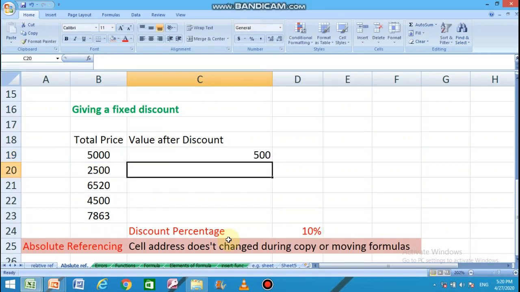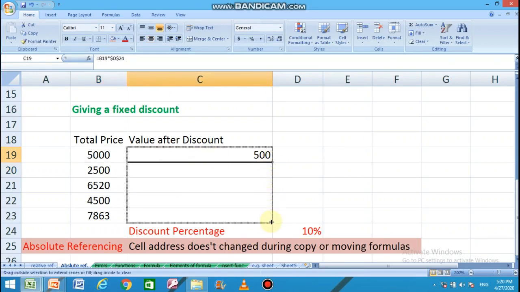Press enter. The discount price is calculated for cell B19. Let us copy the same formula for all the cells. All the discount prices have been calculated.